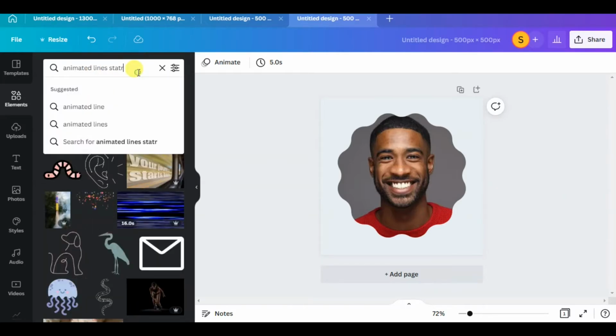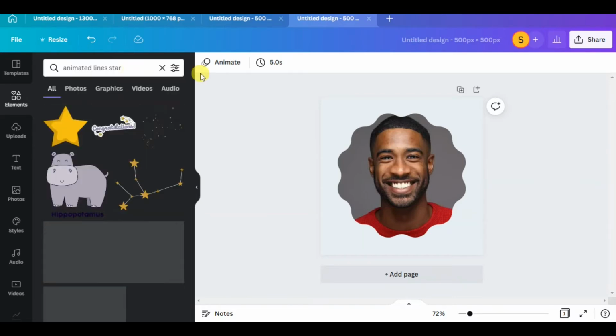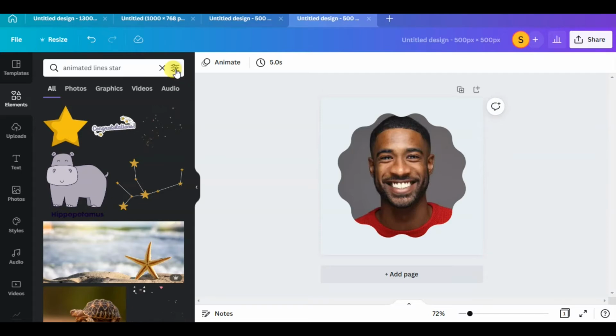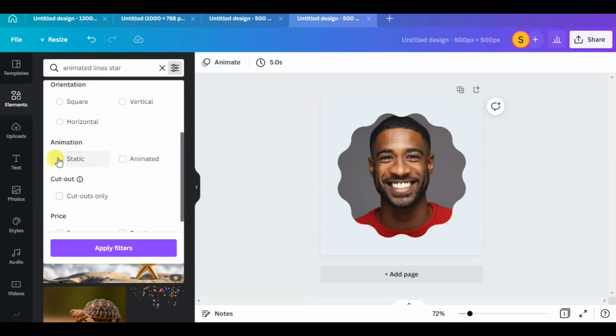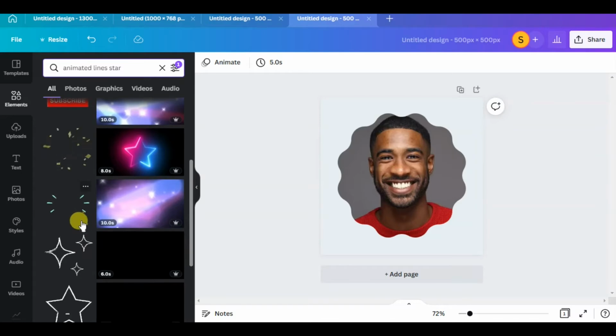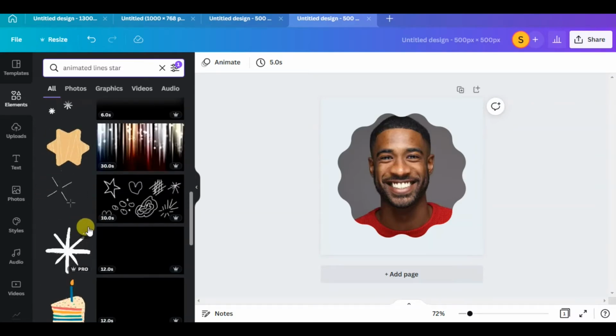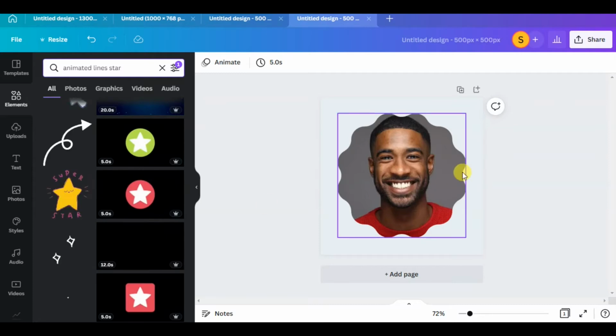I don't know the name. I'm just going to search for anything, star, and I can't find it. I'll try to filter, and what we're looking for is something like this, but I can't find it.